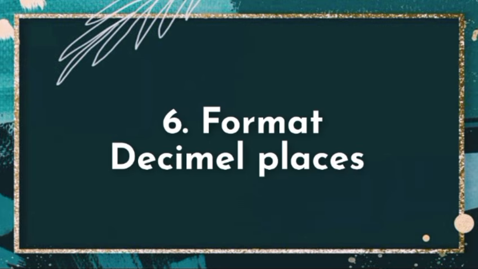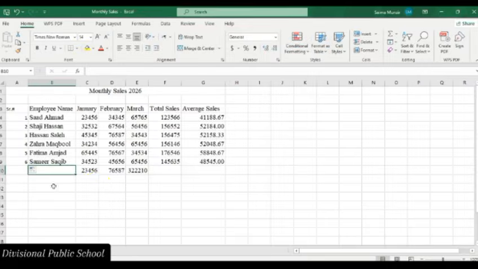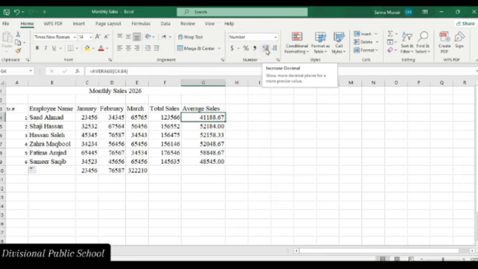Now the next feature is to format the decimal places. This feature is used to show less or more decimal places in the cells without changing the number itself. It will also round the numbers. Okay, now to apply this feature, first click on the cell G4. In the Home tab, in Number group, click on the Increase or Decrease Decimal button once or twice or more